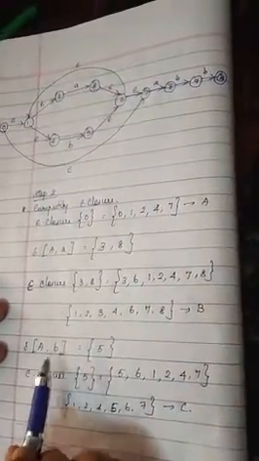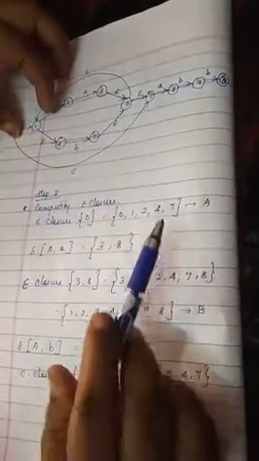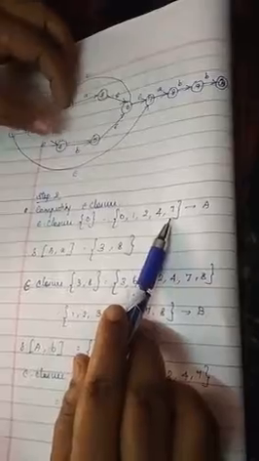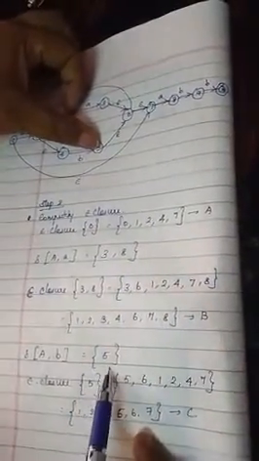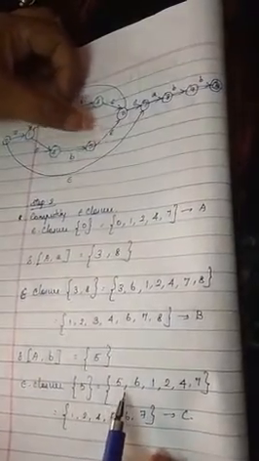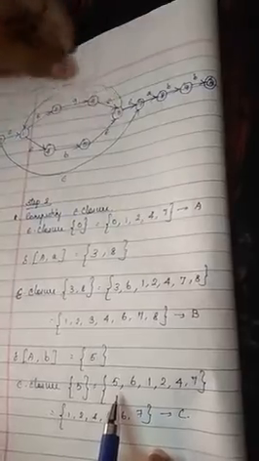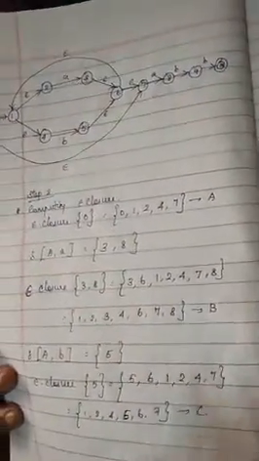For input symbol B, 0, 1, 2 and 7 do not take input symbol B. Only 4 takes input symbol B and moves into new state 5. So now we have to calculate the epsilon closure for 5. Starting from 5: 5, 6, 1, 2, 4 and 7. I have written it in ascending order. We have to repeat these steps until we stop getting new states.